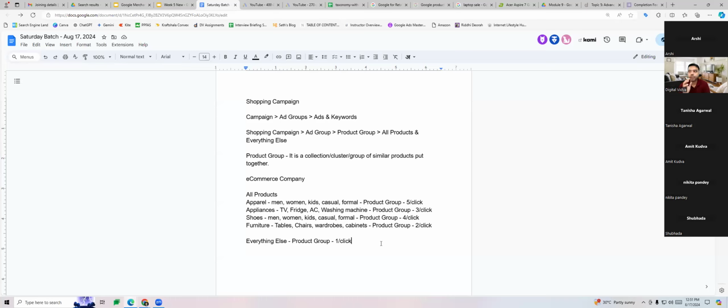Does this make sense to everyone? Able to understand the campaign creation process? Okay, this is how it is going to be for a shopping campaign, specifically speaking. Okay, as you saw, what is happening is we have to go brand by brand. Okay, wherein you will have to identify, first of all, what will be the structure. Okay, how do you want to structure the whole thing? Okay, and then you have to put that into the platform.